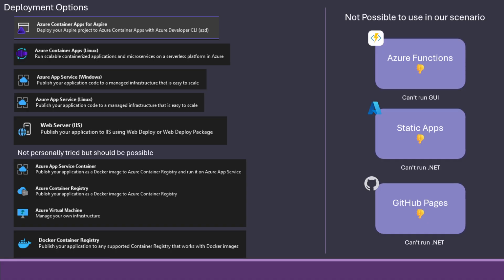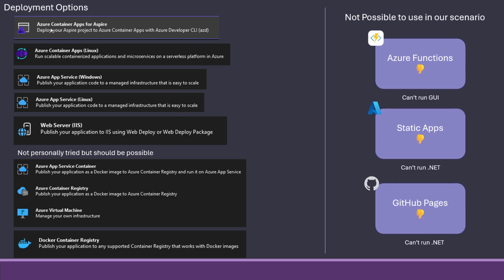So when we need to deploy, we have a bunch of options. Because we are Blazor Server, there's certain things we can't use, like Azure Functions, because they can't run the GUI. We can't use static apps because they can't run .NET, and similarly GitHub Pages we can't use. But beyond that, if it can run .NET, it can more or less do it.